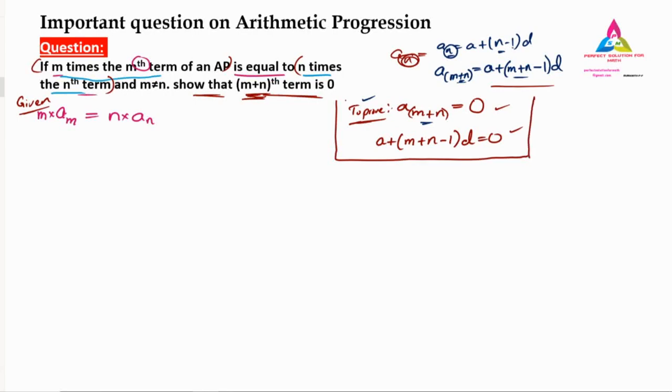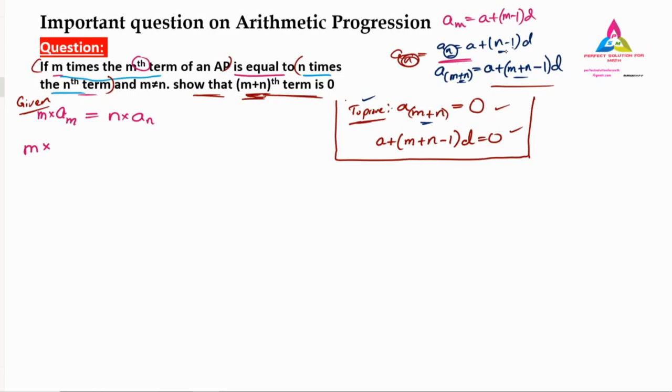We have written in a box over there. So now we will go back to this given thing. So here m as it is, we will write down m as it is. Next we have am. Am is nothing but what? Again you have to go back to this one. An formula. An is equal to a plus n minus 1 into d. Instead of n, what we have? Instead of n we have m. So am is equal to a plus, instead of n I have to write m minus 1 into d.